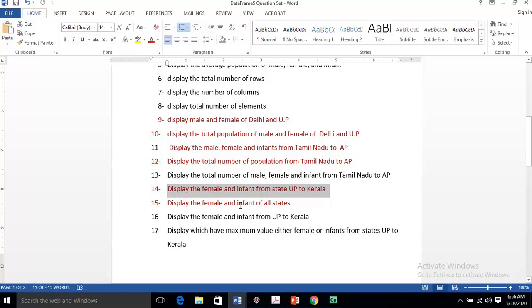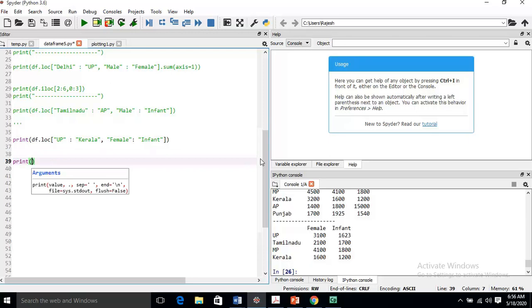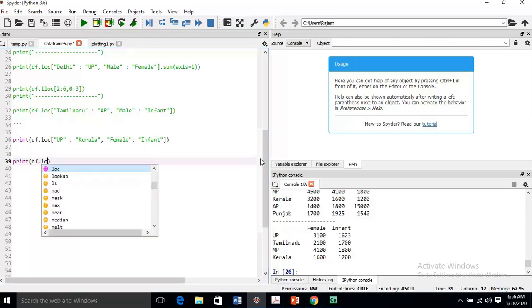Display the female and infants of all states. Okay, let's solve it. We require df dot loc.